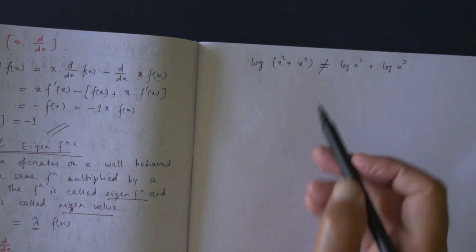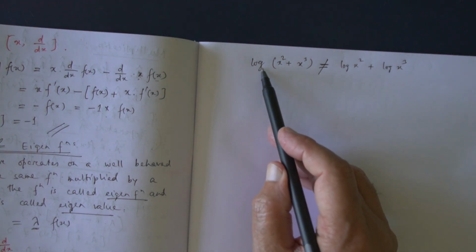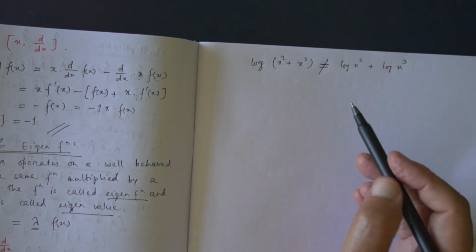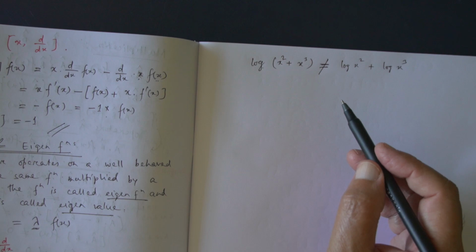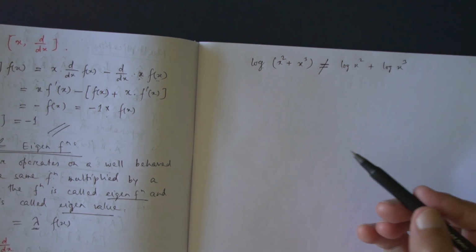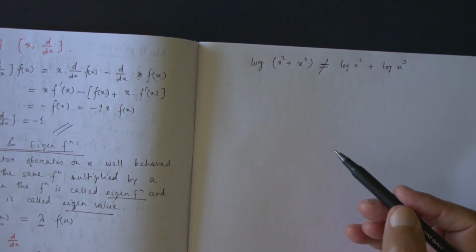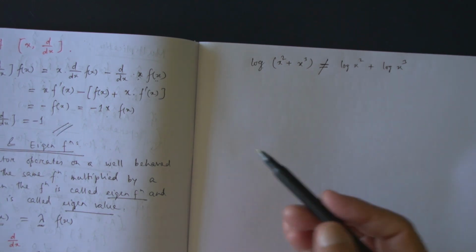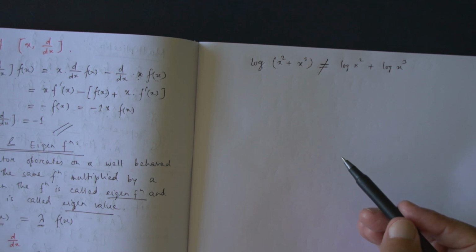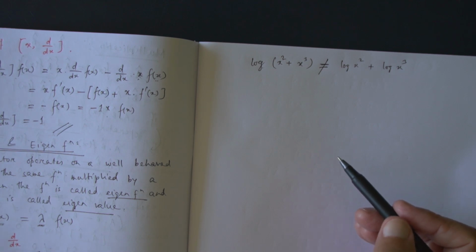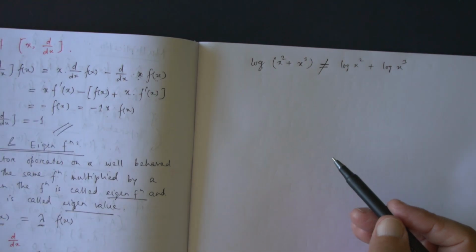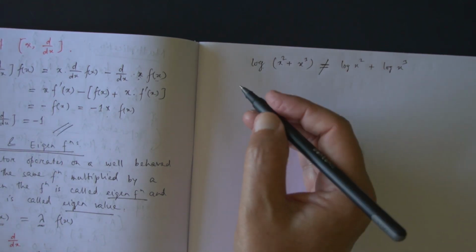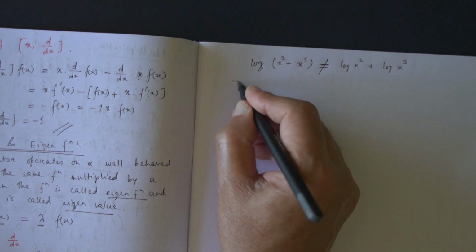So again, taking log is not a linear operator because they are not equal. So there are some linear operators, but there are also some non-linear ones. In quantum chemistry we are basically interested in linear operators. Now next is the operator